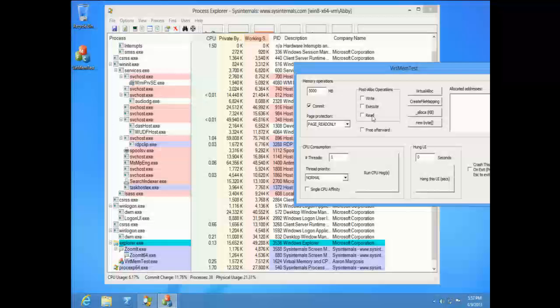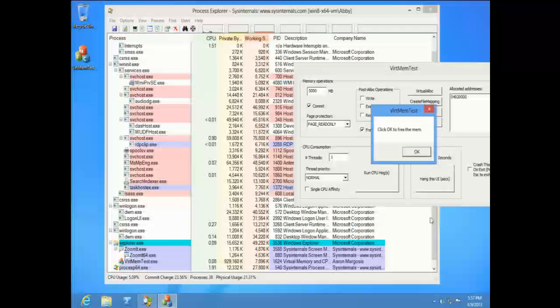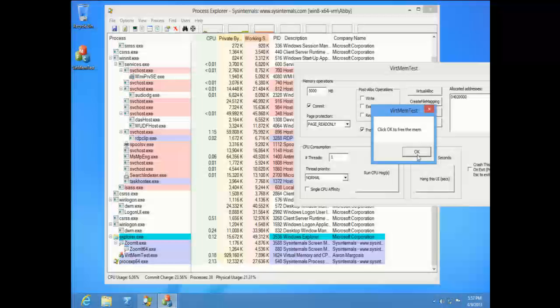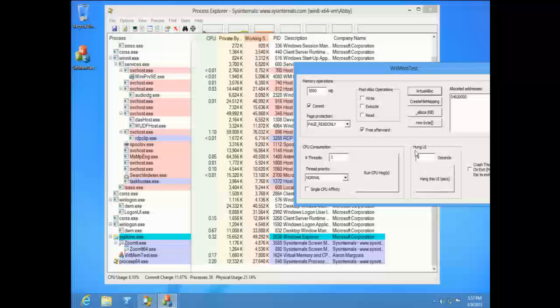Commit. Free it afterwards. And we can't see the process. I would think 5 gig would do something there. What happened here?